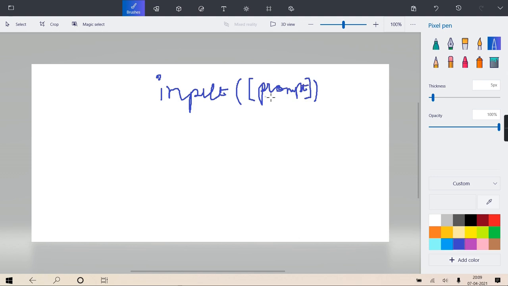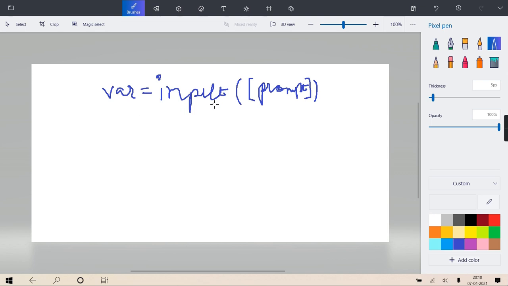Now first it will display this prompt, whatever you have given. That prompt will come, colon, cursor will blink, it will wait for you to enter something, and whatever you enter, it will return you as a value, which you will collect in some variable. Right?